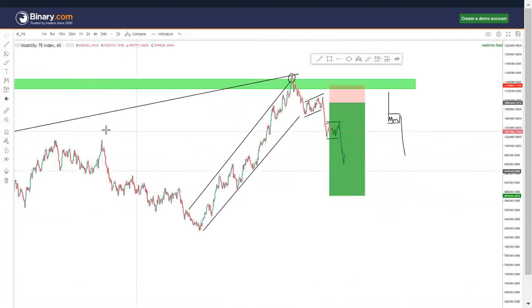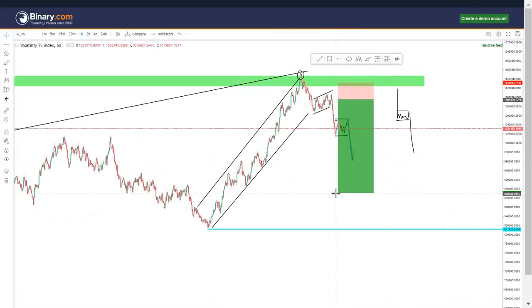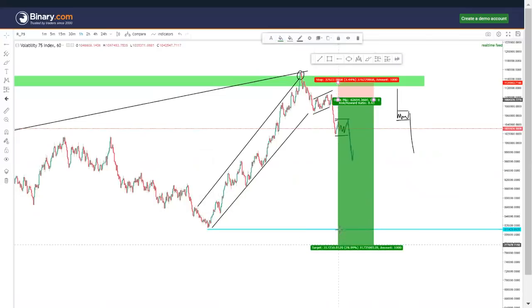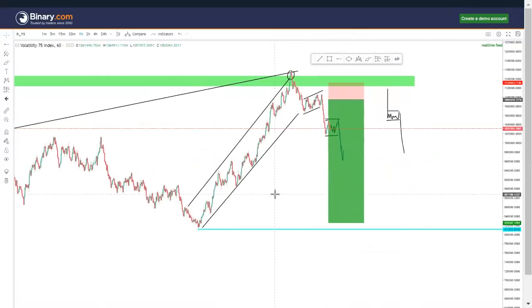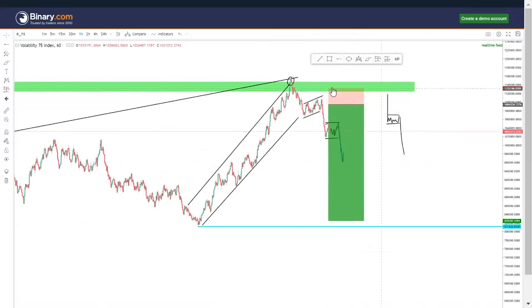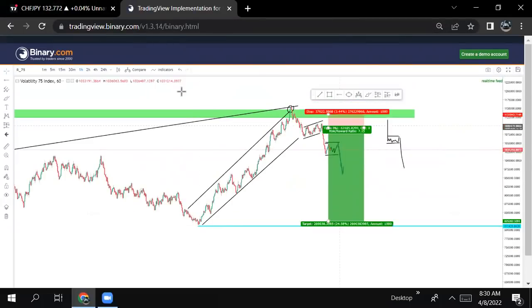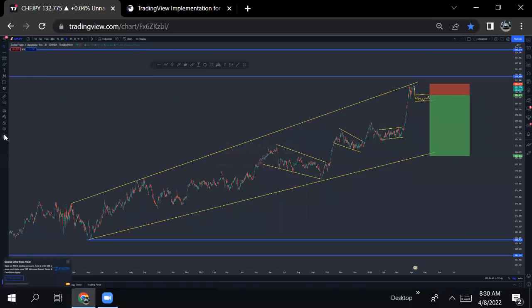So here's the structure. So the take profit target, I might put it here. So this is the overall structure. By the way, guys, when you're analyzing with the binary thing, sometimes your stuff just moves. So I hope you noticed that. Okay, so this one was on what? That one was on